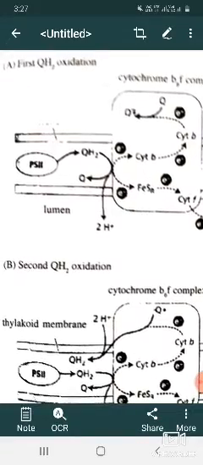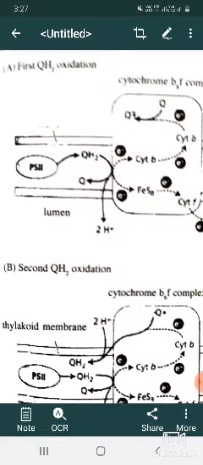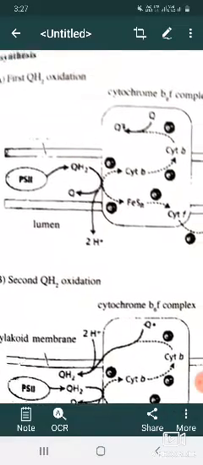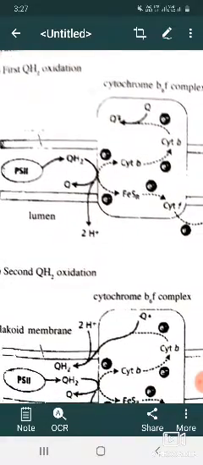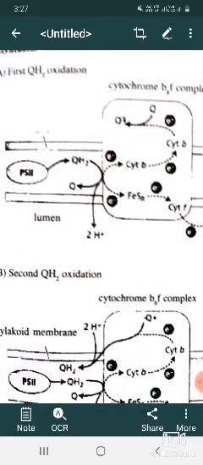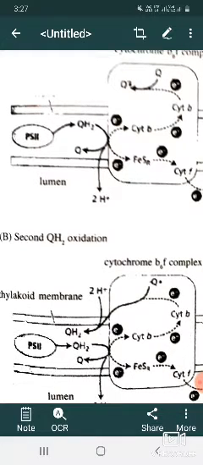The antenna pigment molecules of PS2 are activated in the presence of short wavelength red light and the energy is transferred to the reaction center P680 and activates it. The electron released from it is transferred to quinone through